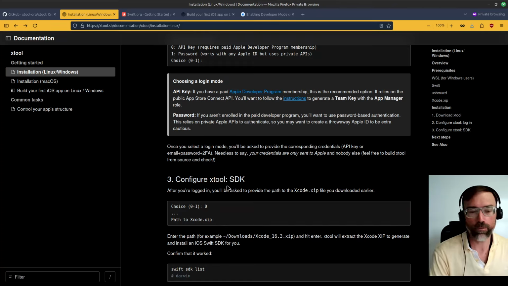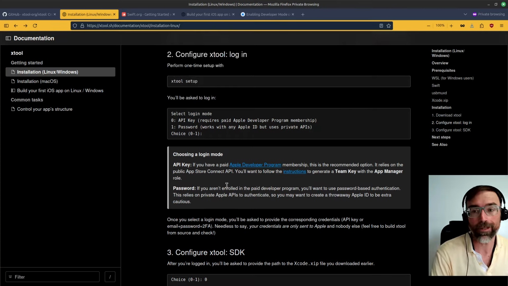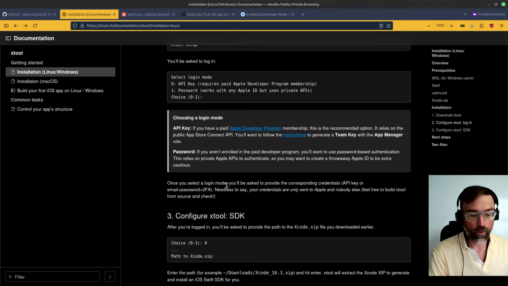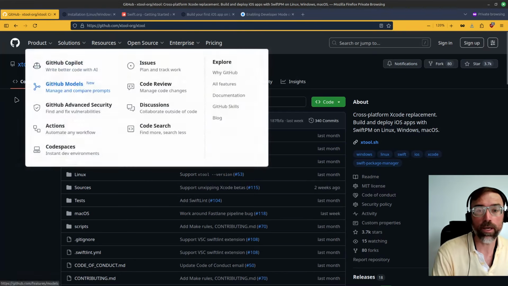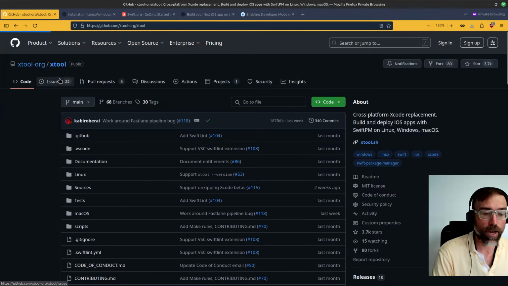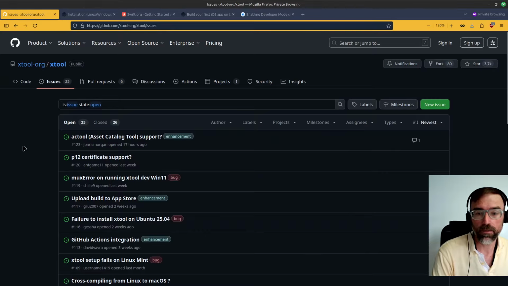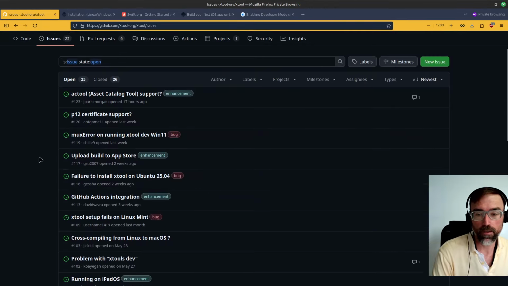But it looks like maybe they don't have this incorporated into xtool at this point in time. So, we've gone pretty far here, and let's check the issue tracker,